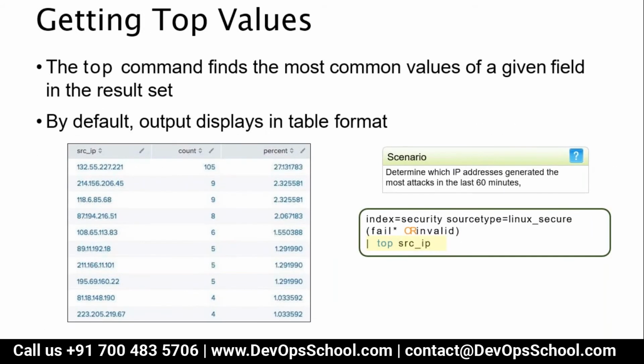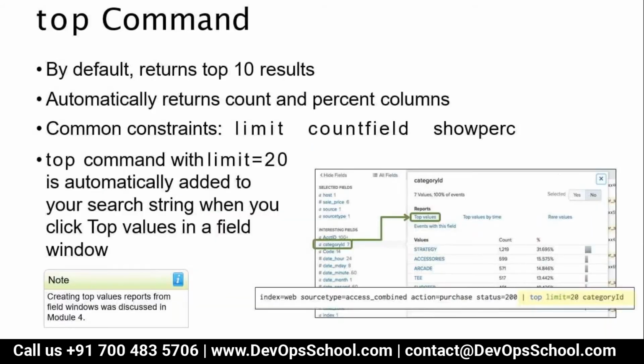So yeah, how can you find out? Top is the command which will help you with this. Now top has many ways to get it also. So by default,